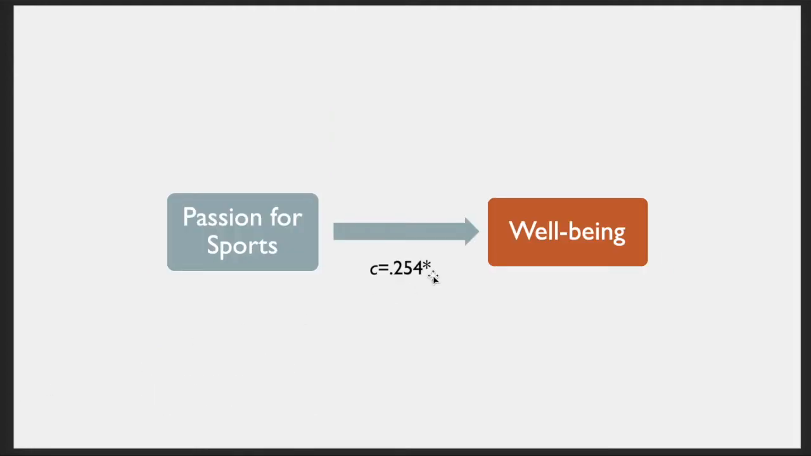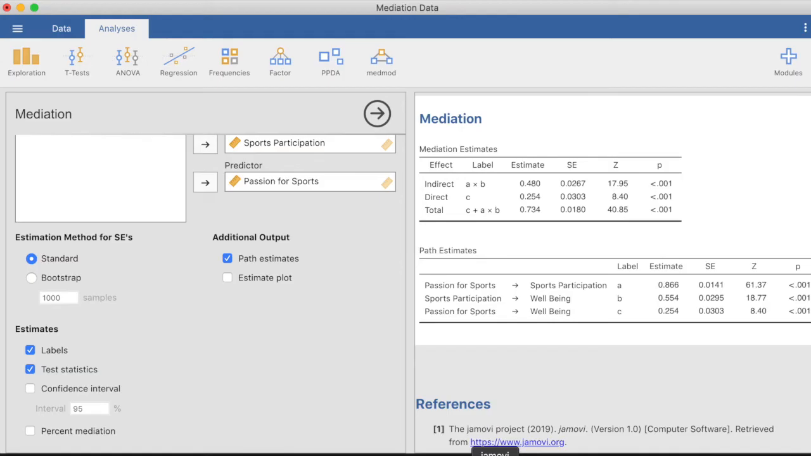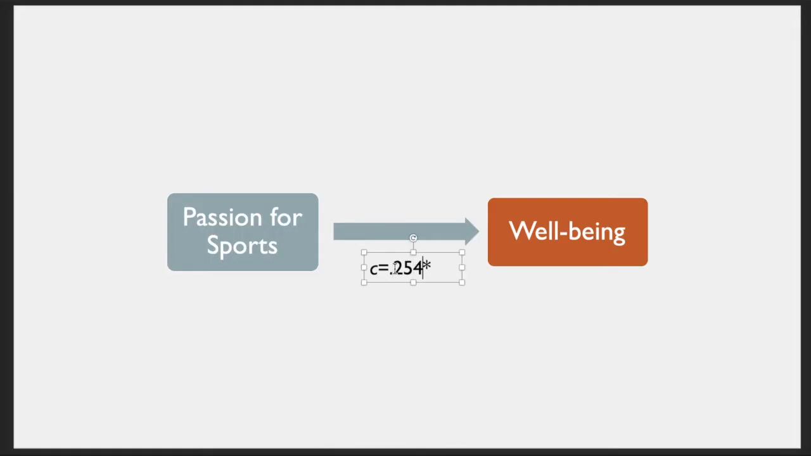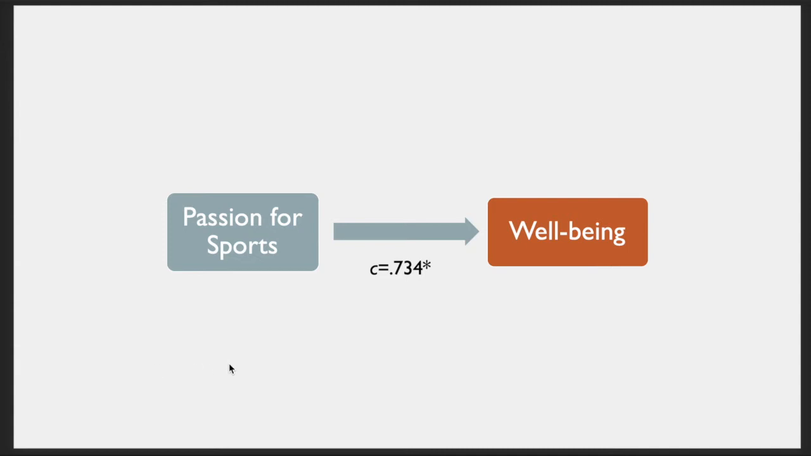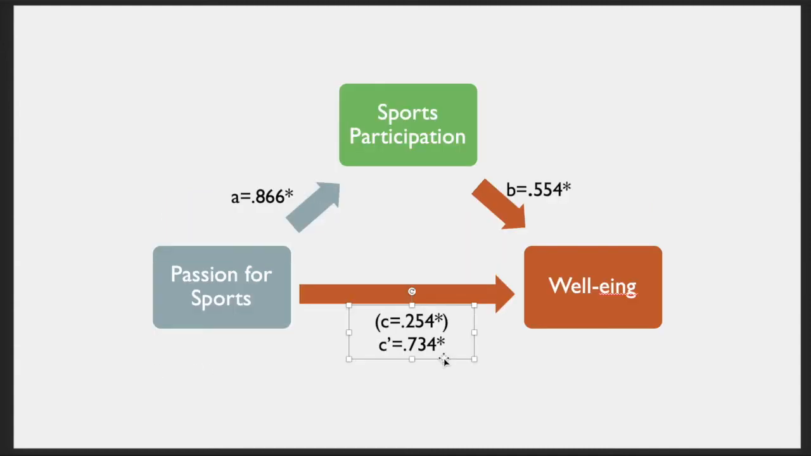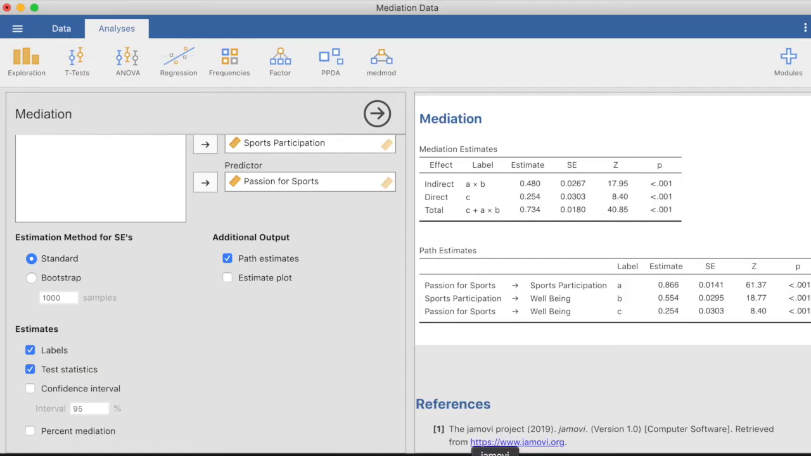So this is our total effect. I'm not sure if I have the values correct. Let's check. Let's change the values. The total effect is 0.734 actually. By the way, it's important to note that these estimates are unstandardized. So 0.734, that is our total effect. Okay, our direct effect is